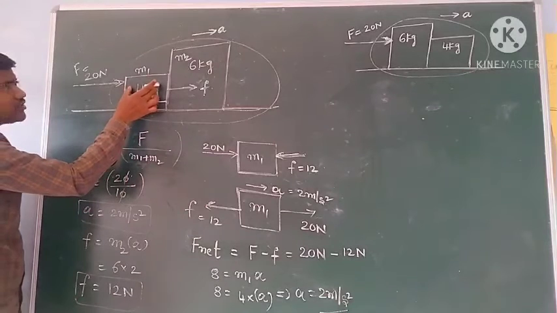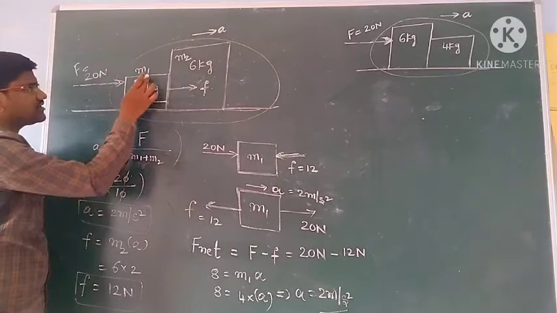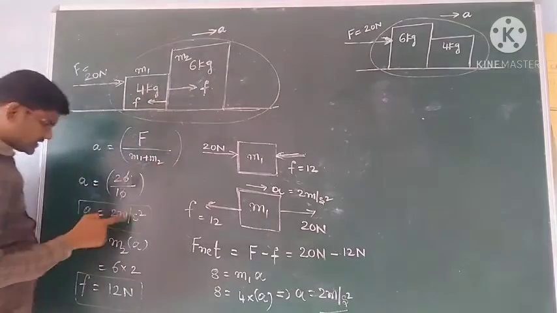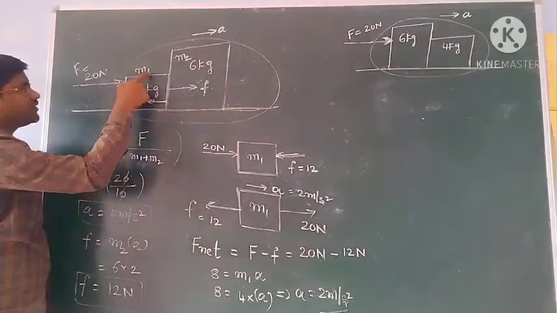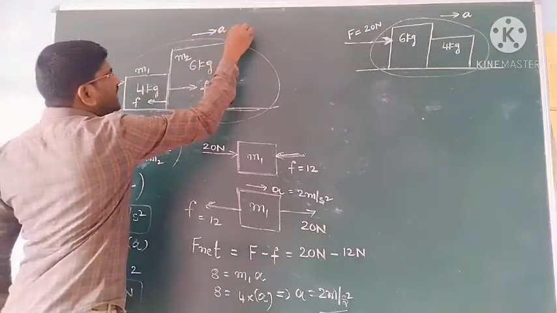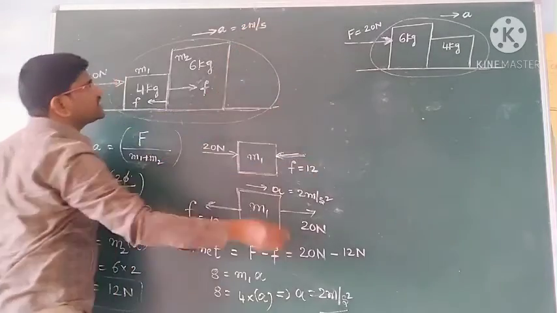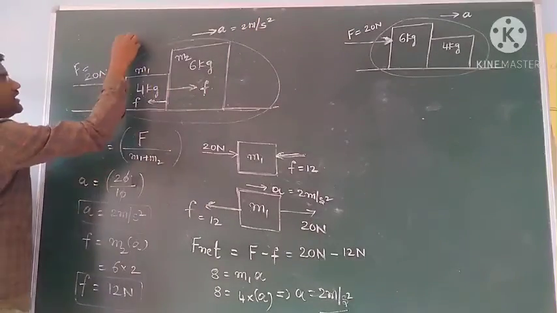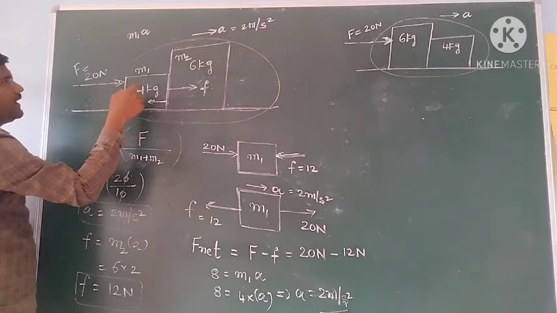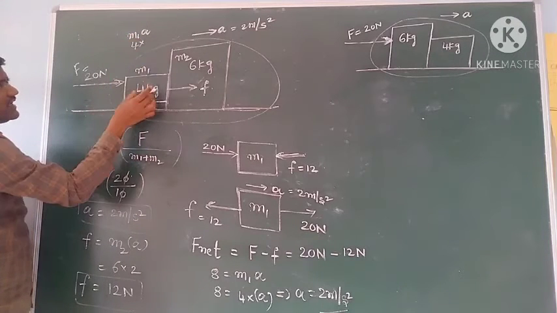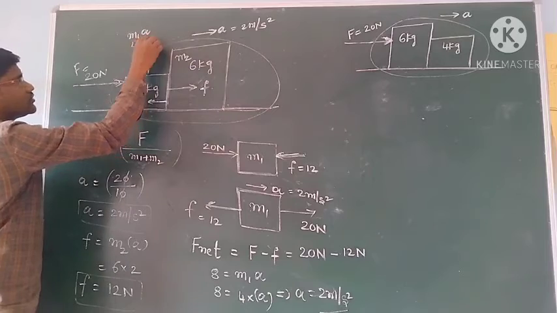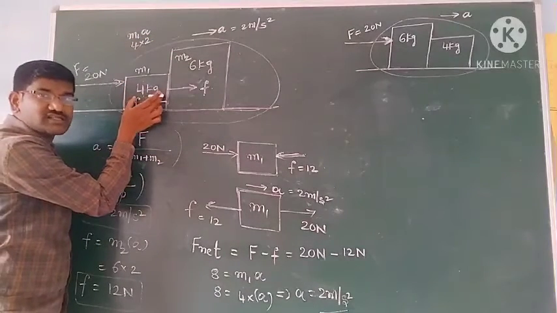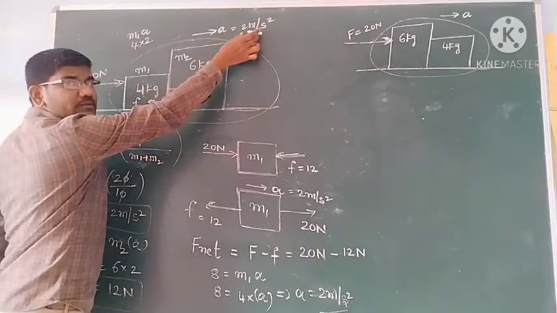It means the net force on this is its mass into its acceleration, 8 newtons only. The acceleration of the system is only 2 meter per second square. So I know the m1 mass and I know the acceleration of the system, 2 meter per second square. Then what is the net force here? You write the net force here is m1 into a. Its mass is 4 and its acceleration is 2. 8 newtons only is utilized to accelerate this 4 kilogram by 2 meter per second square